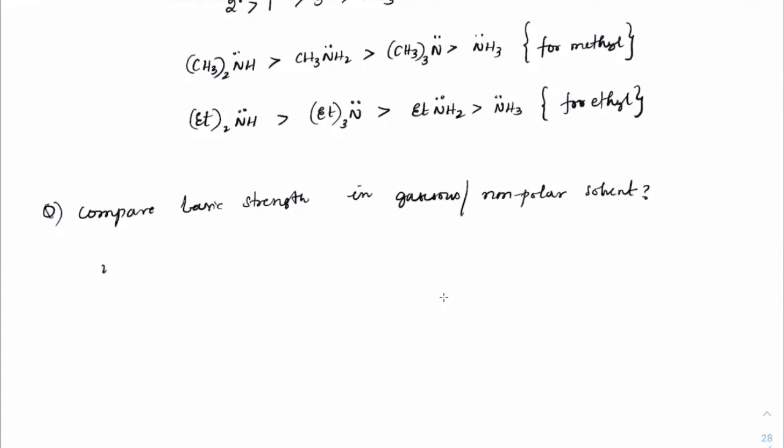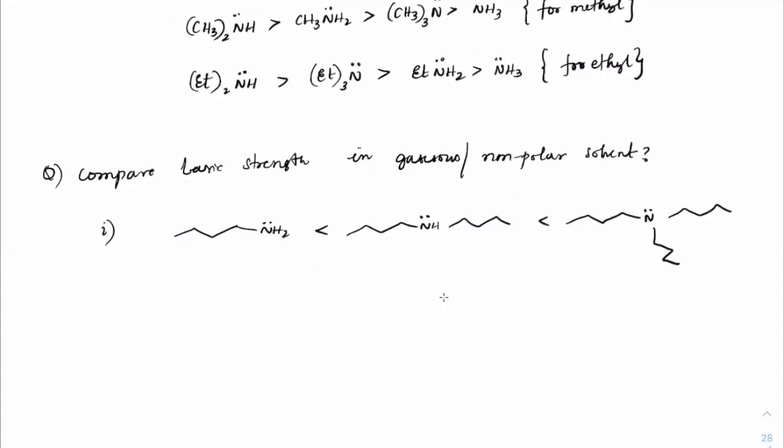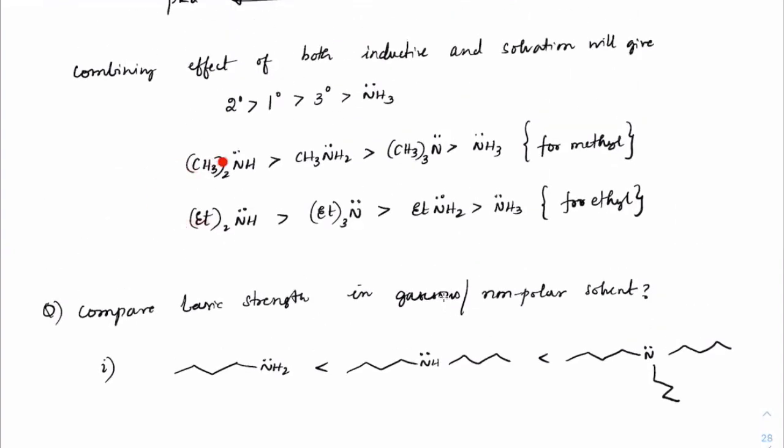For example, in the first case, if at all I have ethyl butane here, and two of them, 1 2 3 4 right here, and three of them like this, have NH, the third one will be more basic. Is this point clear, everybody? It has to be very clear. Acha, if nothing is mentioned, like gaseous, non-polar, nothing is mentioned, you'll always take it as an aqueous case. Okay? And in the aqueous case, only these two are the things which you have to learn.